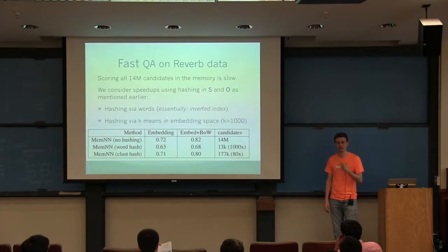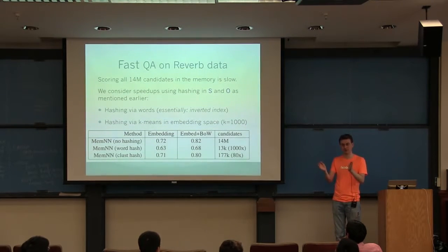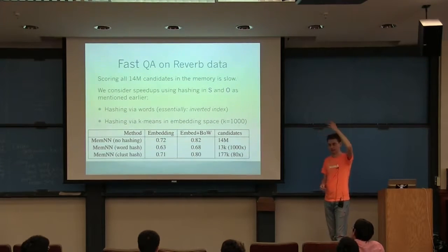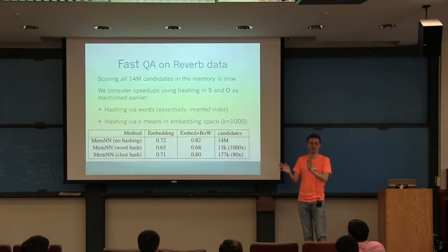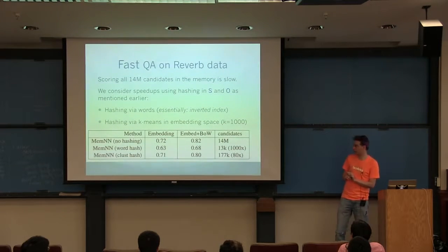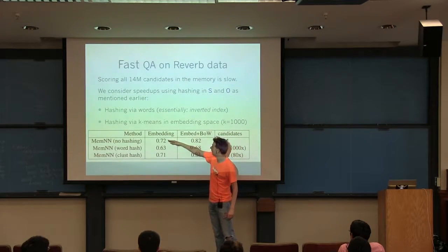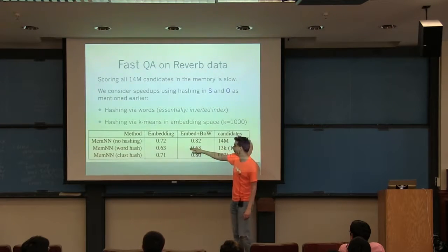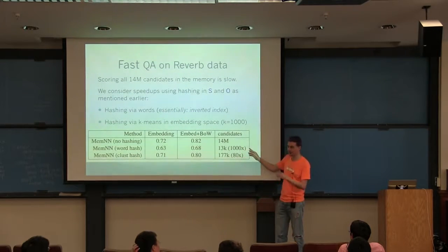One is a classic inverted index way, where you take all the words in the question, and then you take only the possible memories that share at least one of those words. You can also use stop words that are too frequent, like "the", and say, okay, I'm not going to look those ones up. So that's a classic thing. We call that word hash, and then we can compare the performance of the embedding model with the QD match bag of words with the word hash. It's a bit worse, but it's way faster. It's like 1,000 times faster.